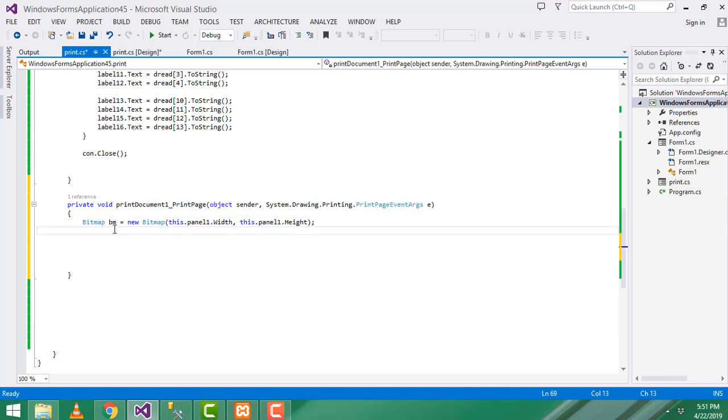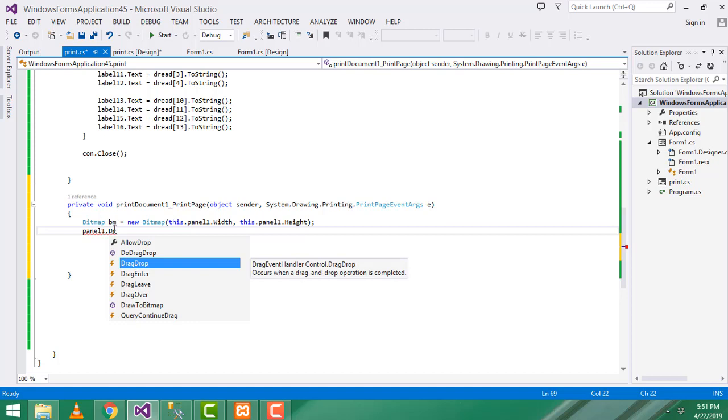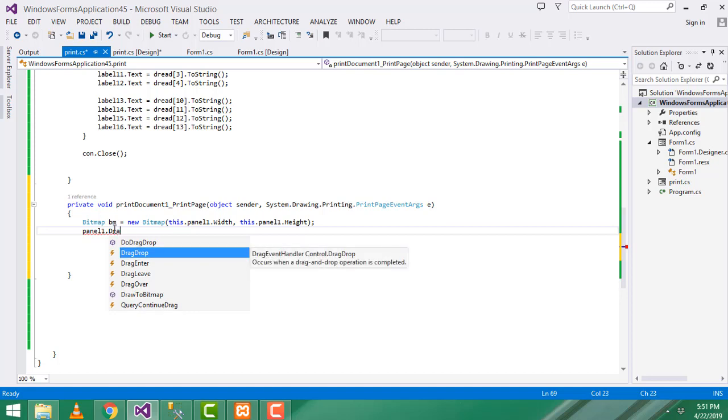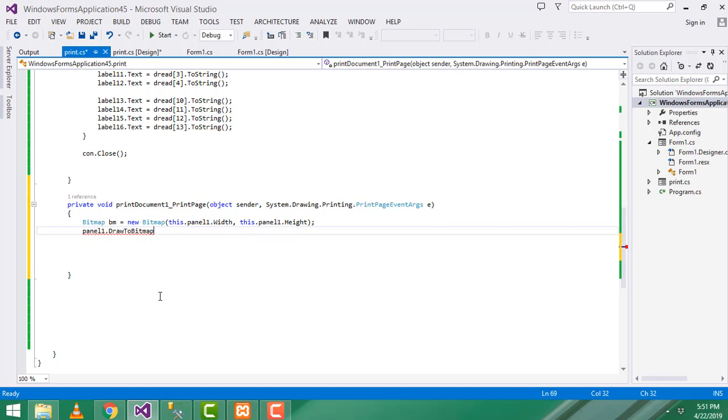After that we have to write panel 1 dot draw to bitmap. Here we have to write bm